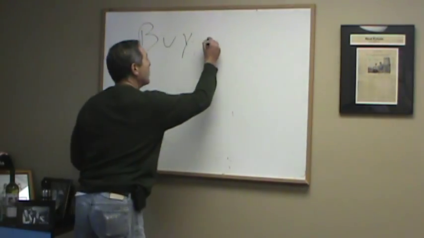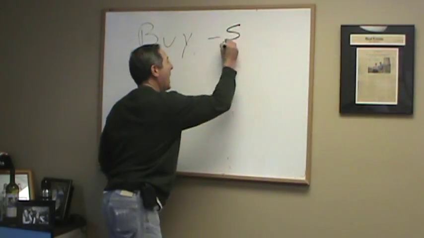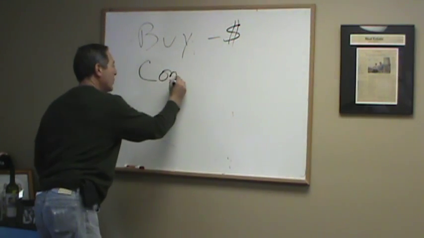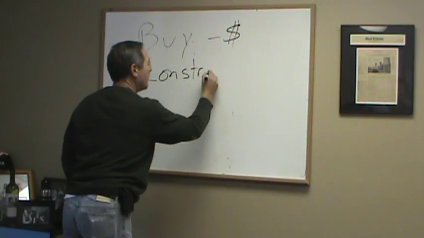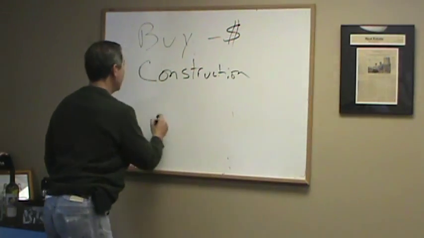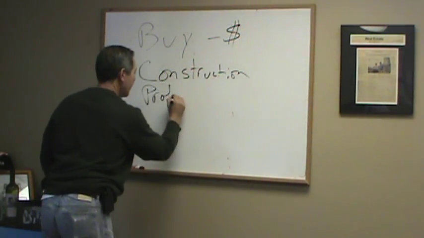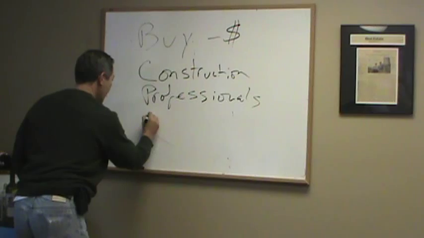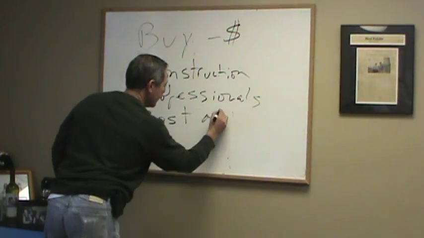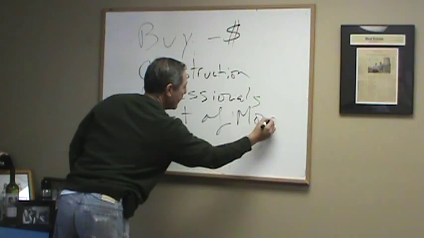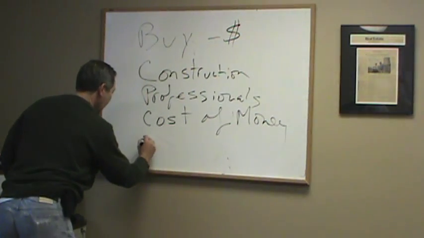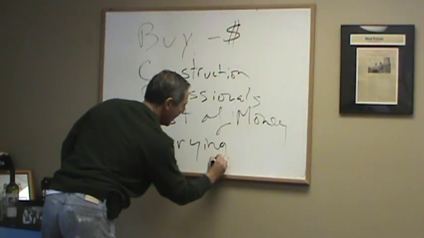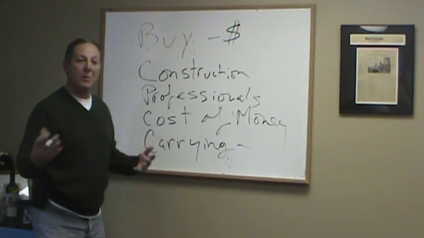So the first thing we have is our buy, which is a dollar amount. The second thing we have is our construction. The third thing we have is our professionals. The fourth thing we have is the cost of money. And the fifth thing we have is the carrying cost. Now we're going to break these down in more detail, but let me just take you through the very beginning